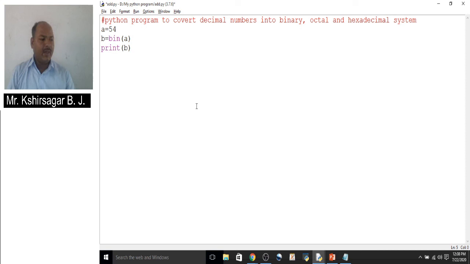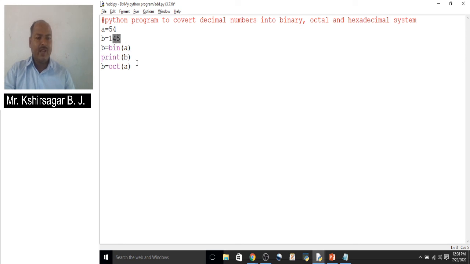Now another example. If you want to convert a number into octal, the oct method will be used. Convert the value a equal to 54. Suppose we have taken another value b equal to 145.